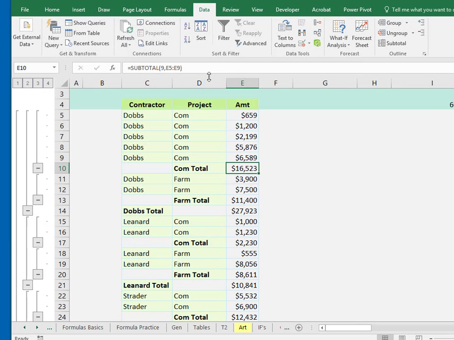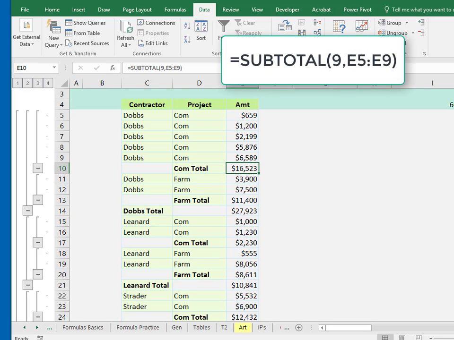Okay, so now we have the formula bar back. And you can see here is the formula. 9 represents that you are to sum it. If you put another number in there, it could mean count or average or something else, but 9 does mean sum. So when I click on it, and then the range is to the right of it,